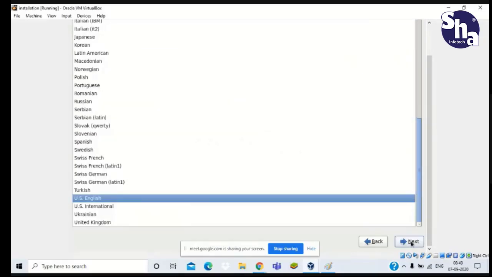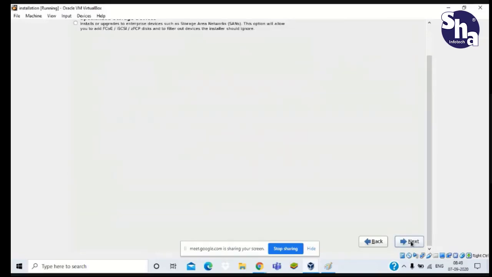US English, same language settings till now, so again next. Now you can see here we are not able to see the top of that options. Clear? Yes, sir. You can see it is not getting to that scrolling part.